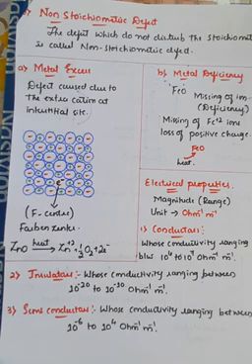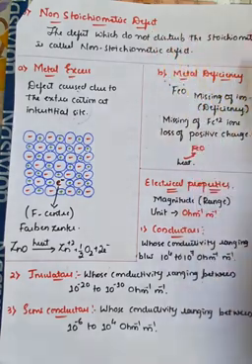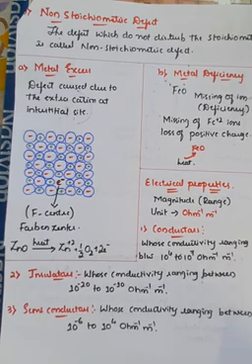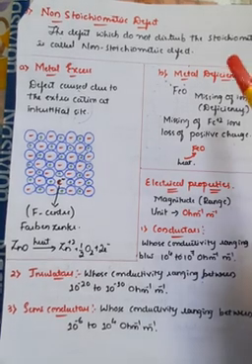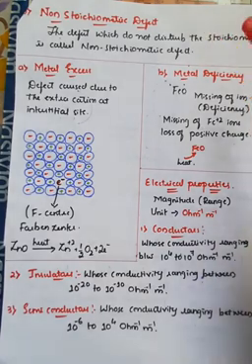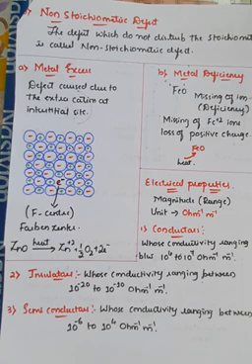So here there are two types. I will explain here, right? In case of non-stoichiometric defect, what happens? The defect which does not disturb the stoichiometry, which means it will not change any kind of density or mass or volume, is generally called a non-stoichiometric defect, right? The defect which will change the stoichiometry is generally called a stoichiometric defect, right?